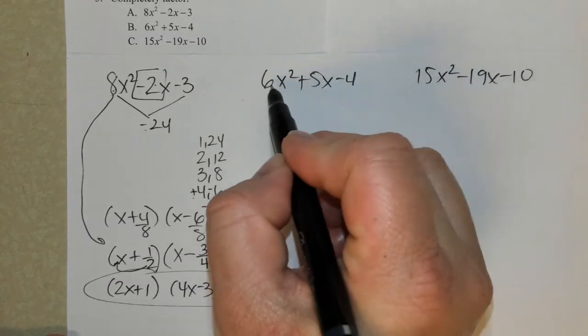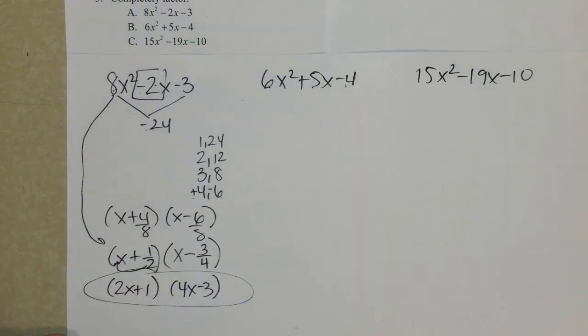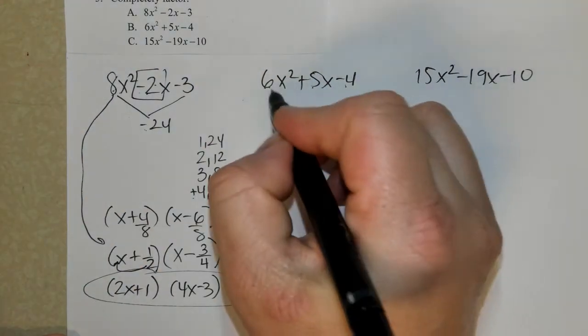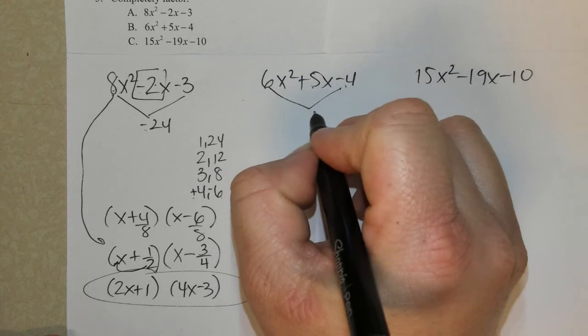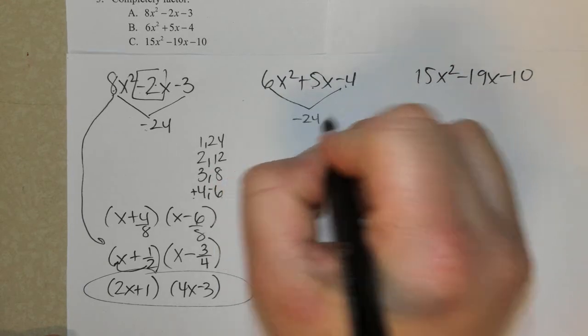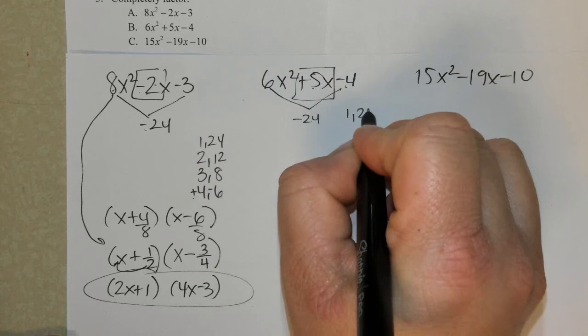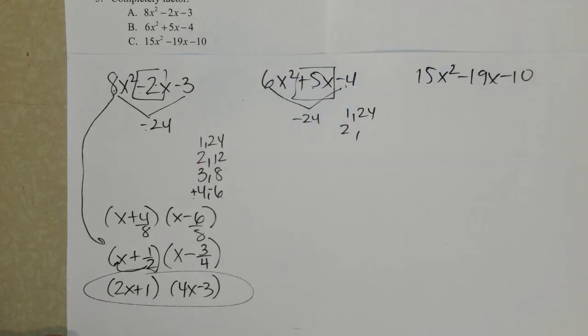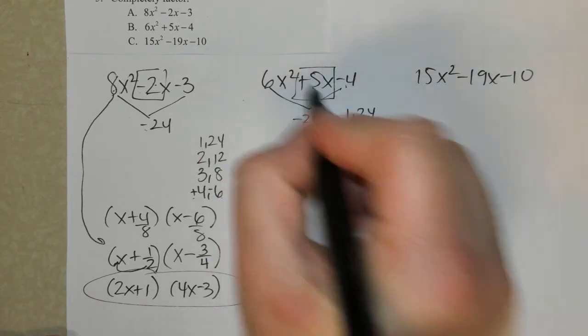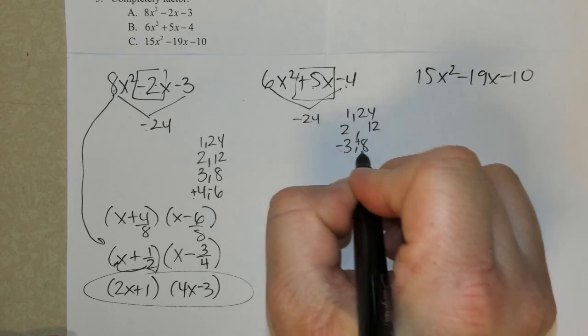Okay, next up, I cannot divide any number out other than a 1. So again, I'm going to go 4 times, negative 4 times 6 is negative 24. Combine to give you a positive 5. 1 and 24, no. 2 and 12. 3 and 8 work, so it needs to be a positive 8 and a negative 3 in order to accomplish getting up an